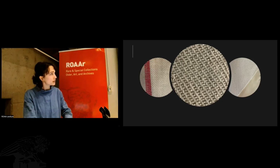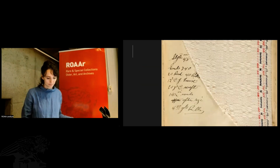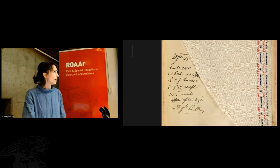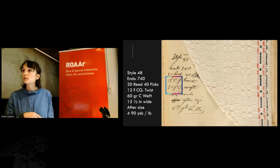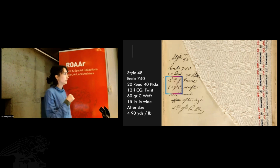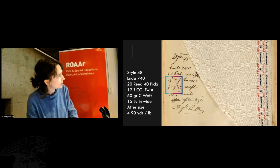So looking at some of those patterns, another one here has different balances. What I pointed out earlier was the weight of the weft versus the weight of the warp. And this one here has a drastically different warp and weft balance. So the vertical threads on this one are very light. The vertical threads are this number here, labeled as 12 and 3, I think that says,